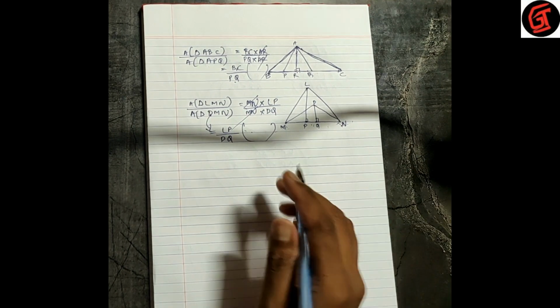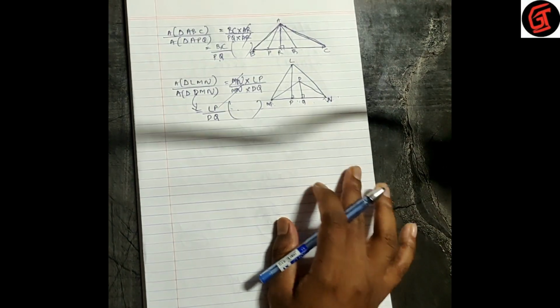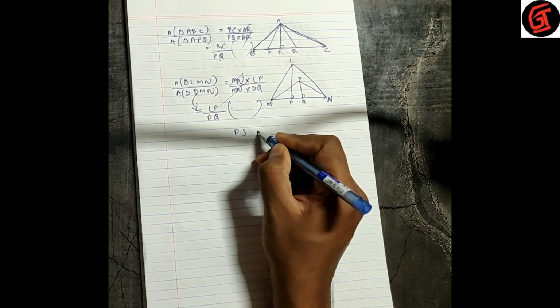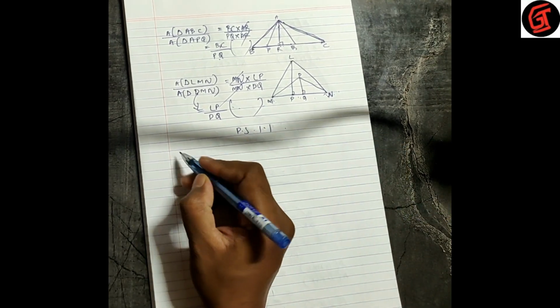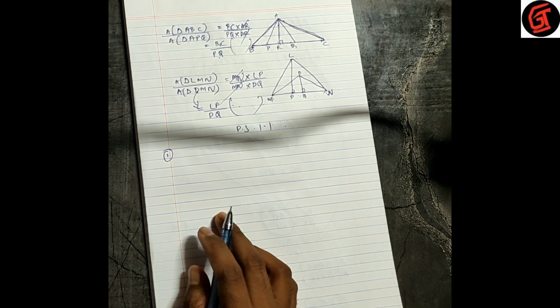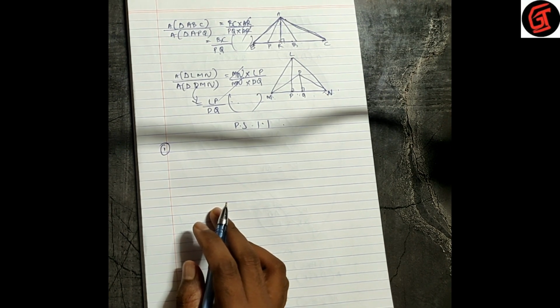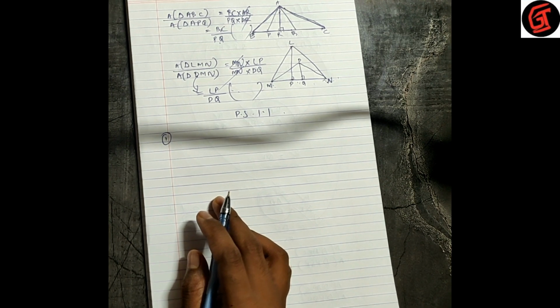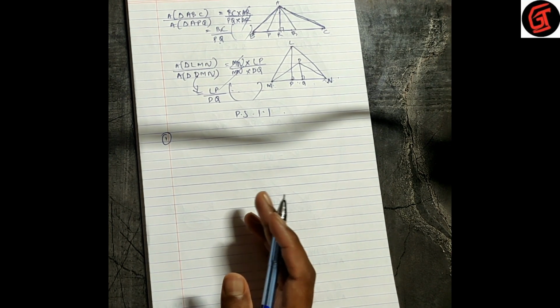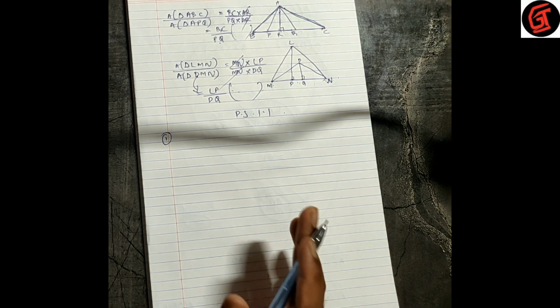Let's go to the next sum. Now we are done with two basic examples so that you will understand well. We will go to practice set 1.1. If you see the first sum, what is the question? Base of a triangle is 9 and height is 5. Now there is no centimeter given, so we keep it as either 9 or 5 and we keep it as units or we keep it blank.